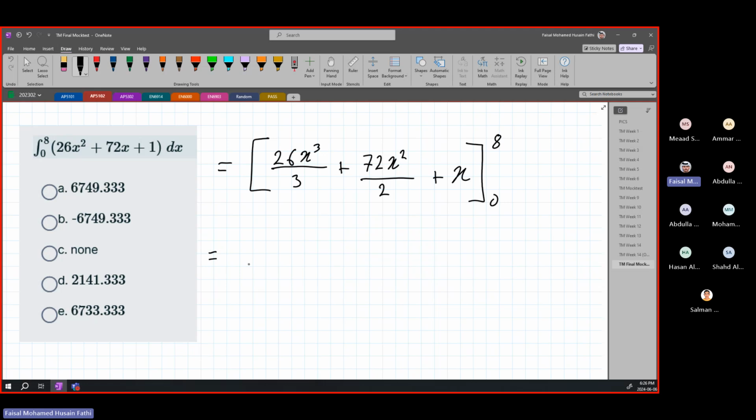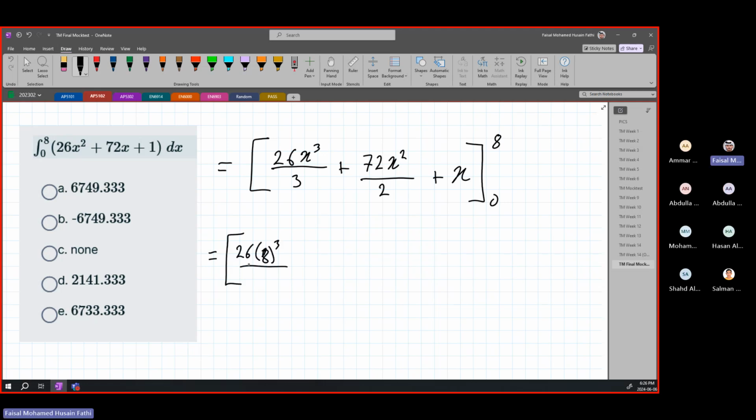So if we do this the manual method, this is going to be 26 into 8 cubed over 3 plus 72 into 8 squared over 2 plus 8 minus, and you're going to notice everything is just 0 plus 0 plus 0 because you put 0 for x everywhere and it's just going to be 0. So now you can just plug this into your calculator: 26 into 8 power 3 over 3 plus 72 into 8 squared over 2 plus 8, which is equal to